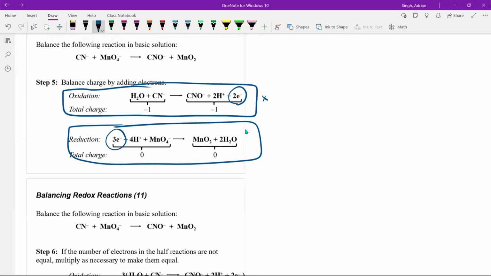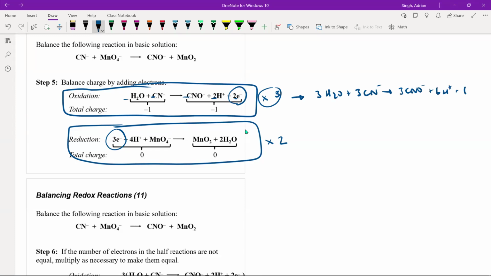So I need to multiply this entire equation by 3, which means I need to multiply the second one by 2, so that I end up with 6 electrons. Remember, when you multiply by this number, all of the coefficients get multiplied by that number. So I end up with 3 H2O plus 3 CN minus to give 3 CNO minus plus 6 H